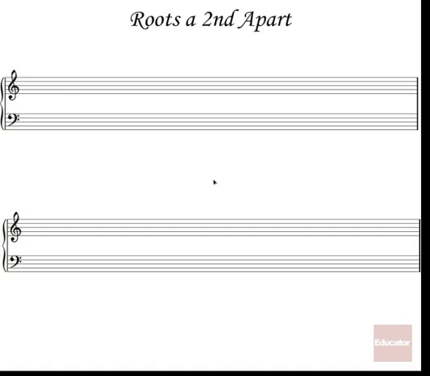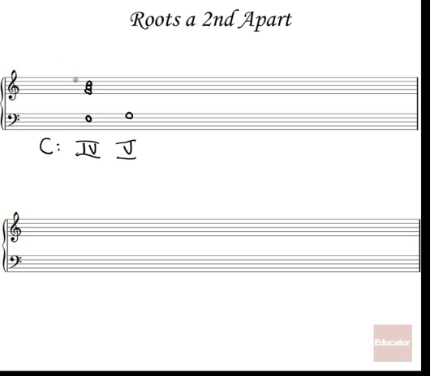All right, the last kind of root movement we'll see with root position chords is, of course, when the roots are a second apart. For instance, if we're in C major, probably the most common movement you'll encounter is when we're going from the 4 chord in root position to the 5 chord. So let's practice that. So we've got an F going to a G, and let's just write the F chord